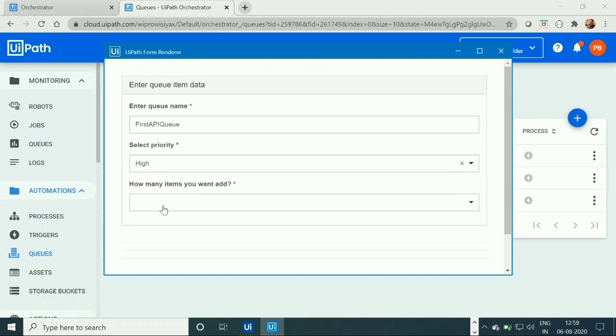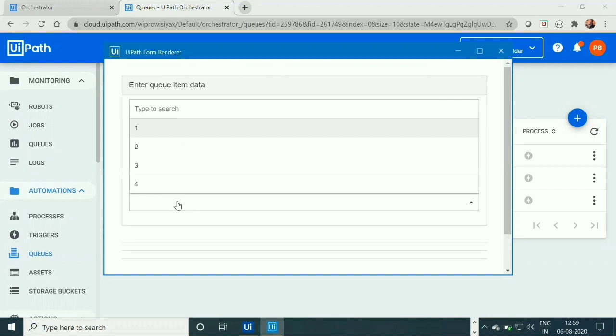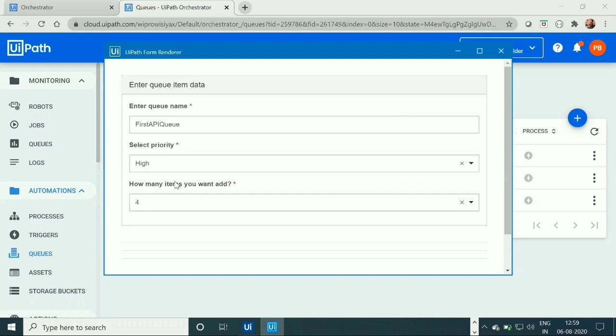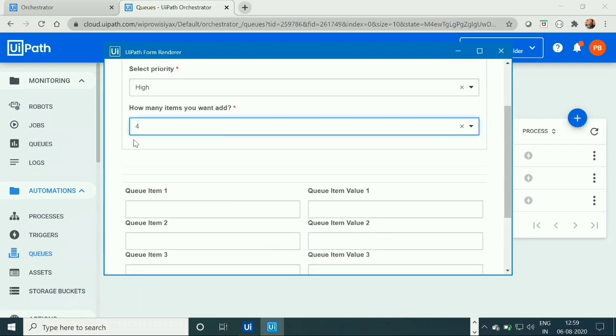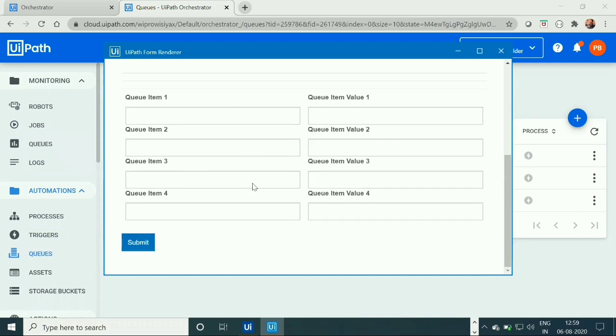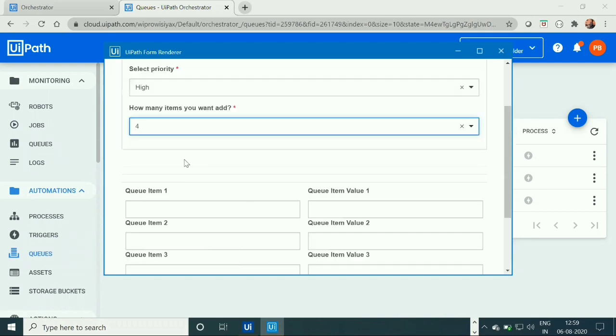Then the number of content or fields the user wants to add. As of now, I have set the limit to 4, so maximum 4 we can add in this demo. So let's select 4. According to the number you selected, it will show you the text boxes to enter the content of that item. You have selected 4, so it is showing 4 queue items and their values.